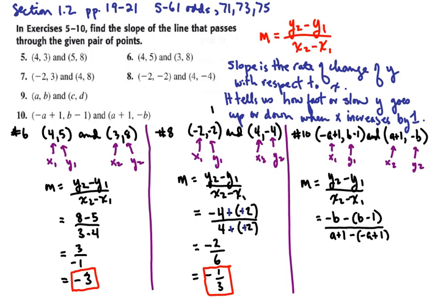Again, when I subtract an expression, I'll always put it in parentheses. And simplifying, we get negative b minus b, which is negative 2b, then negative negative 1, which is plus 1, divided by a plus 1 plus a, so that's